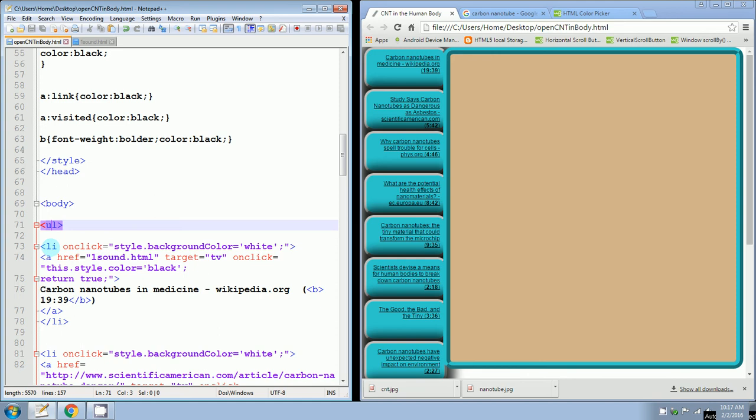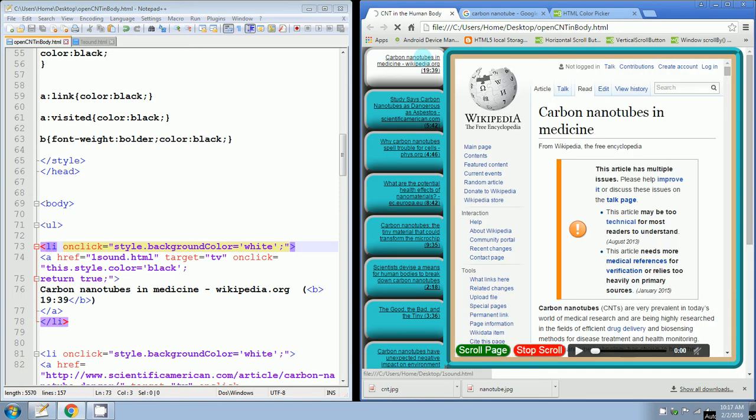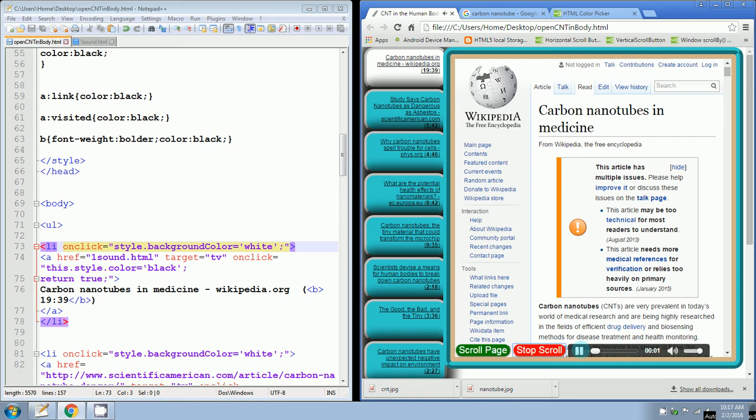Oh, my first link, this is how I changed it. Remember I said instead of having 2 iframes, now I only have 1. And what this does is I still have the LI on click equals style.background color equals white. That way when I click on this, it stays white. But I gotta stop these real quick. Then after that opening LI tag, I have an A HREF link tag. And what it links to is a web page that I named